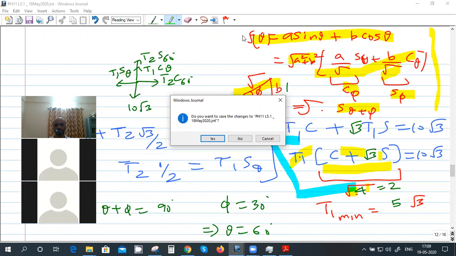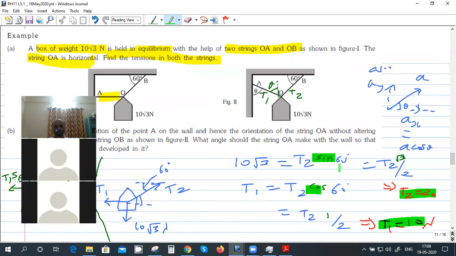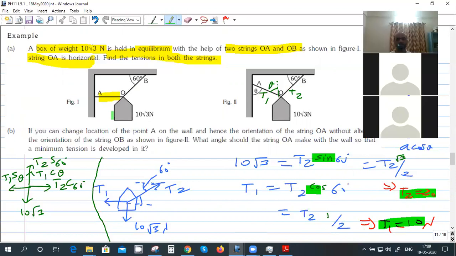Yes, sir. See, yesterday's thing, did you check the notes? No, sir. Okay. They had made a small mistake here. The one I highlighted in green, yesterday instead of sine, I put cos, and instead of cos, I put sine. So there is a minor correction because the final answer will be a little bit different. But the method is correct, except for this mistake. The corrected one I put in the notes. Whatever I put as notes in the folder, I make these corrections, clean it up and put it. So whatever is there in the notes is correct.